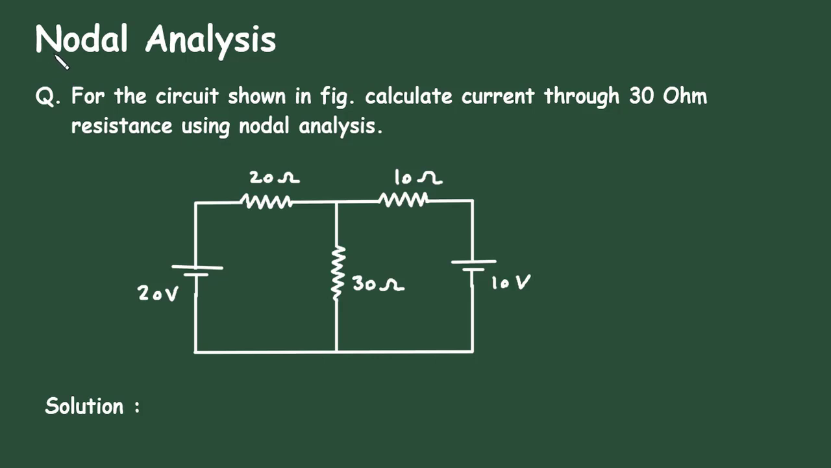Nodal analysis. Question: for the circuit shown in figure, calculate current through 30 ohm resistance using nodal analysis. In this circuit, we have to find the current through this 30 ohm by using nodal analysis. Solution: